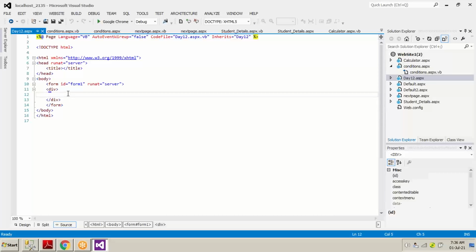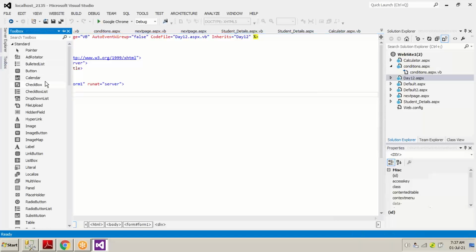Yes, now what we are going to do, we can just pull the drop down list and list box, or we can design it under table. So what I will do, I will first of all just pull the drop down list. This is the drop down list.